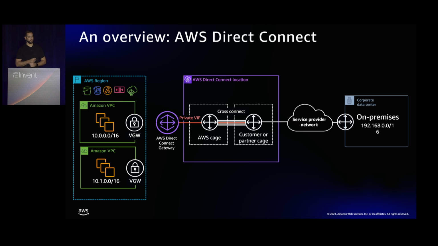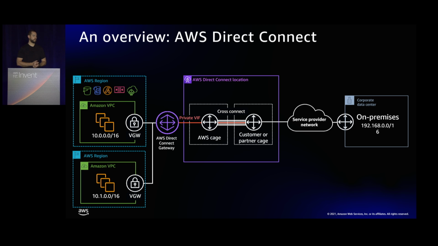So what we did back in, I think it was 2018, or it might have been 2017, we released AWS Direct Connect Gateway. And Direct Connect Gateway is essentially one of our few global services, but it operates globally across all of our regions and allows you to connect a single private virtual interface, in this case, to multiple VPCs. Now, in a lot of cases, you could have those VPCs in the same region, or you could split those out and connect to other regions.